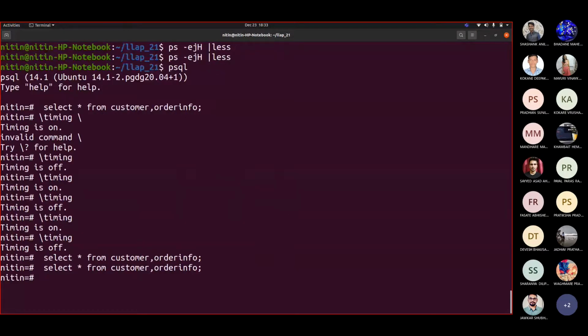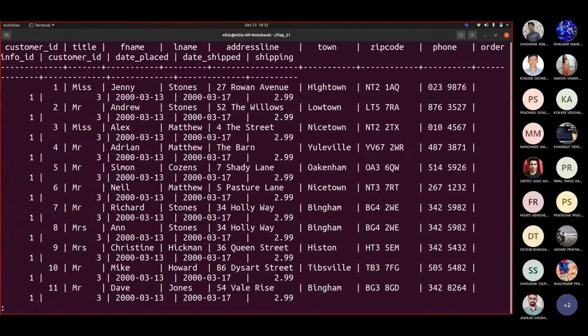It is the same thing when I write less. So actually this data was loaded from these tables. Data was captured and loaded in memory, in the buffer. It was organized in a proper fashion, and that's what is shown to me like this in an organized manner. So it is taking this much amount of space for customer ID, this much amount of space for my title, then F name, and so on.